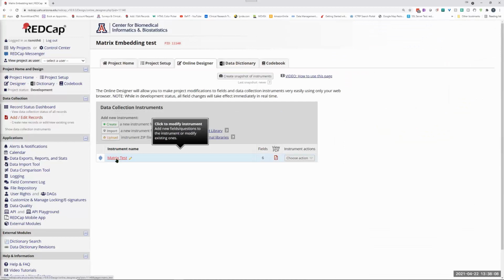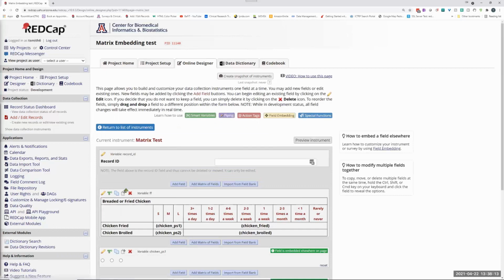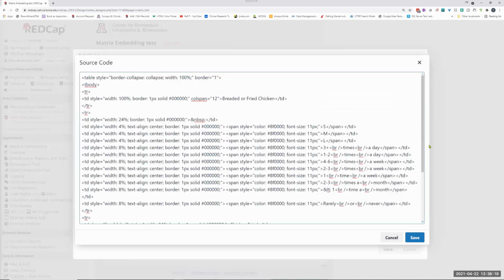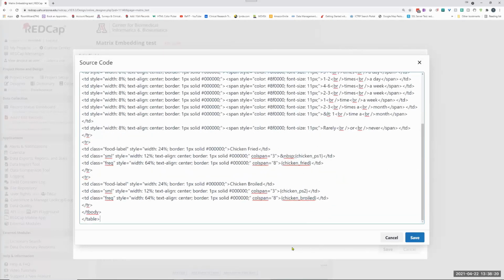and click in the rich text editor in the source code. Here? Yep. So scroll down, and you'll see there for the three table data cells that I have a class of SML and a class of frequency. And the reason I did this is I could put that padding directly into each one of these, but if I have to change the padding and adjust it, I have to do it for everything. So if I'm able to just apply those styles to a class, I can just do that once in the